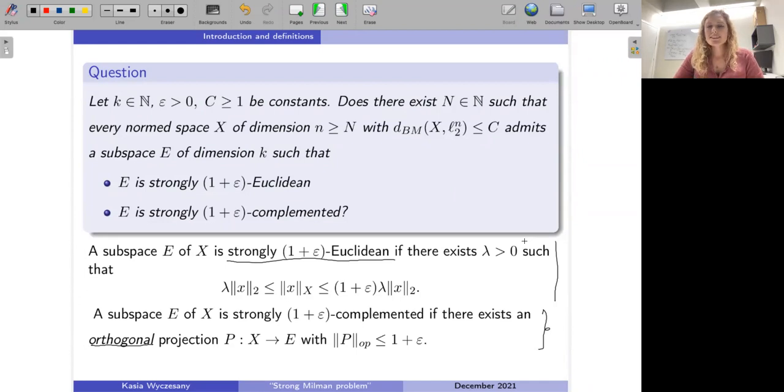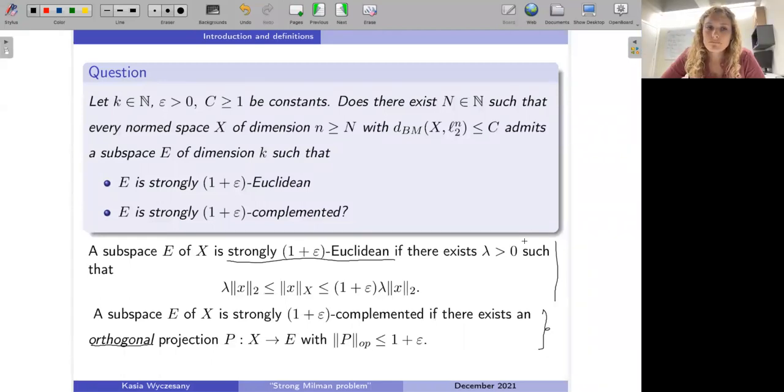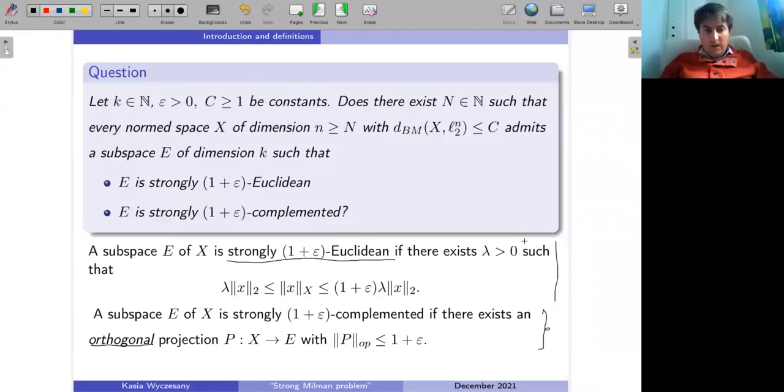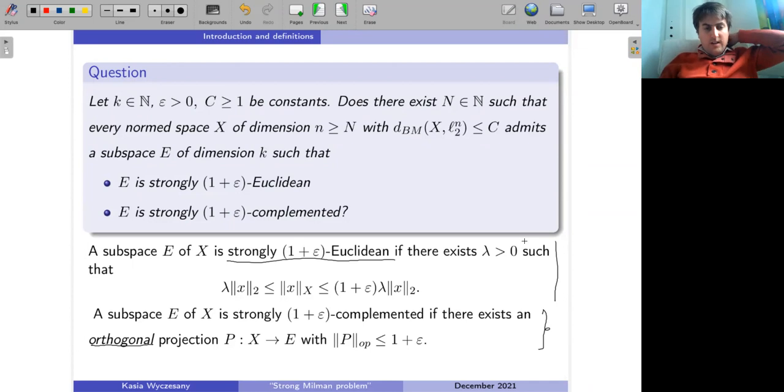Okay, so why did we... Sorry? Yes. Can I ask, just to be sure that I understand, so here X is realized as R^n with a norm? Yes, it is R^n with a norm. That's how you make sense of the 2-norm and the orthogonal projection. Yes, of course. Sorry, yeah.